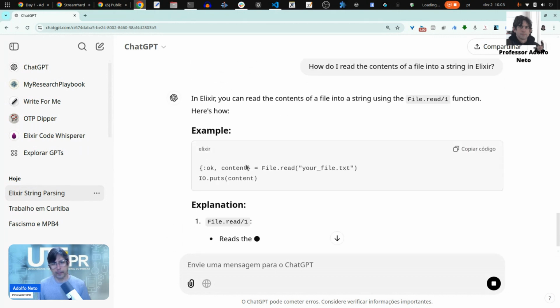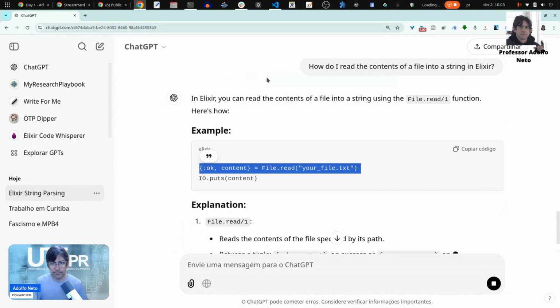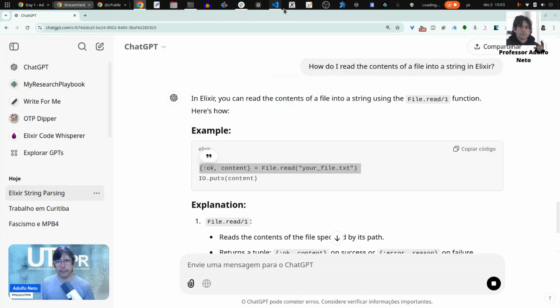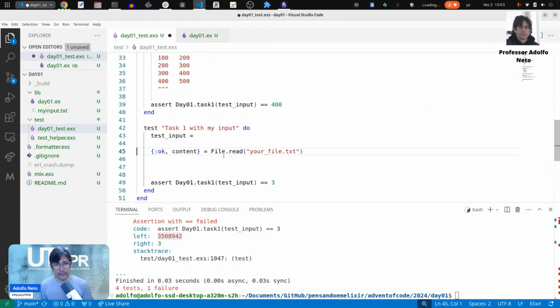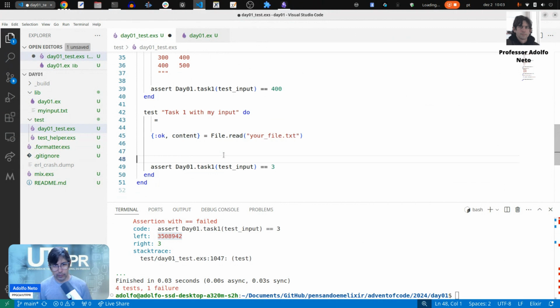Yes, very easy. I just have to do this. If it works, it's going to work. The name of the file is my input.txt,